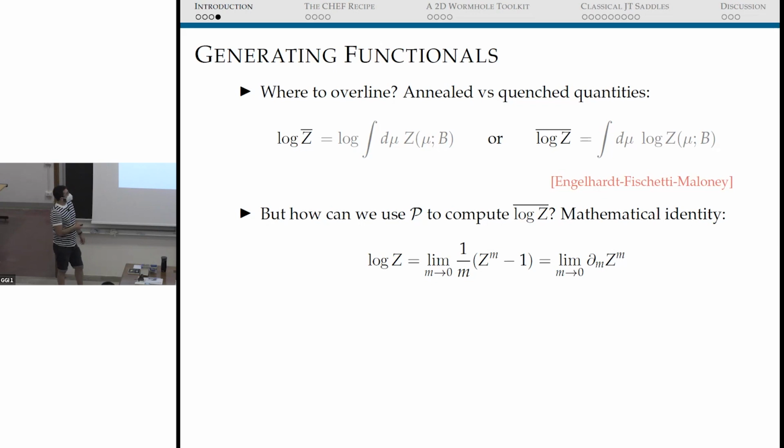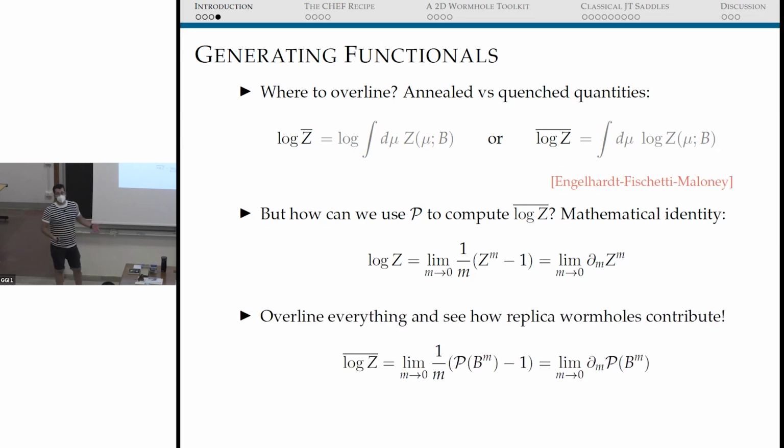But okay, so we're handed this identity. Let's just put overlines everywhere. And that's how we get to the gravitational path integral and to a replica trick computation of log Z. Importantly, we see that we are going to get wormhole contributions because now what we have here is a path integral